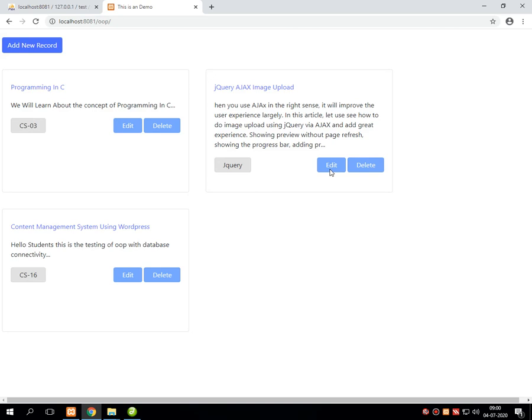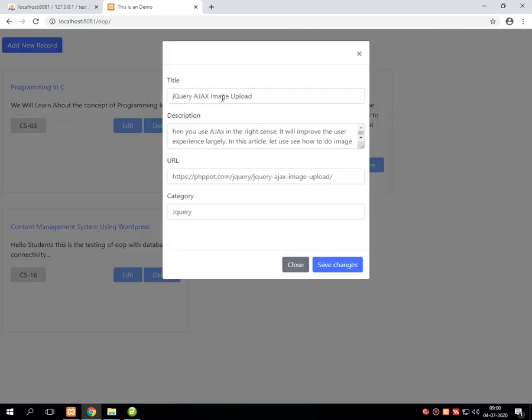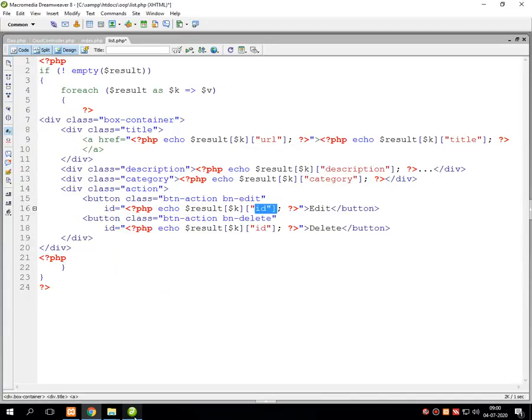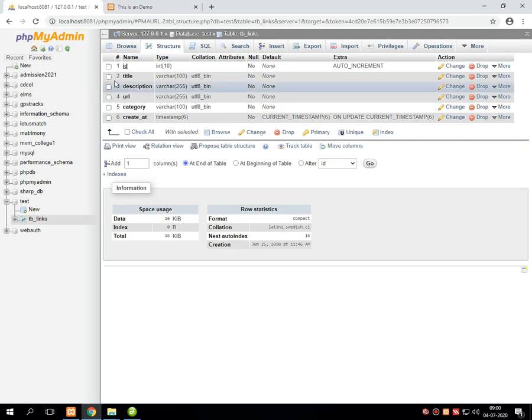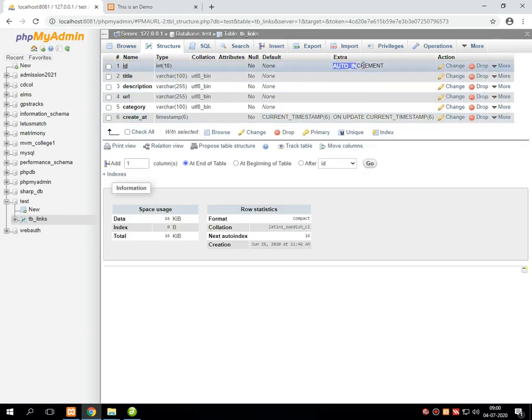Suppose I am pressing the edit button of this particular section, then it will display information of that particular section only, and whenever I make a change in that section, it changes the specific data; it will not change all the data. So for that I have passed the ID. Why have I passed the ID in this particular code? Because the ID remains unique for every data, as I have mentioned that particular unique ID as an auto increment.